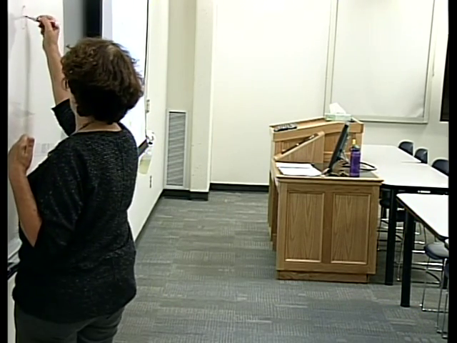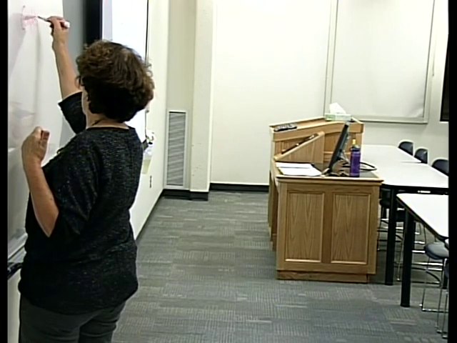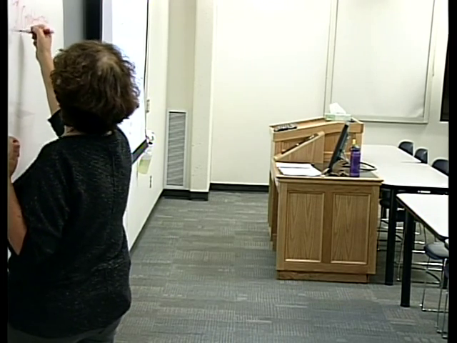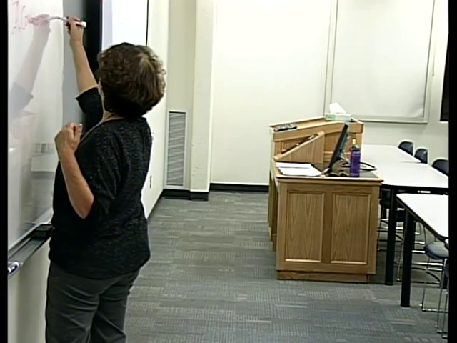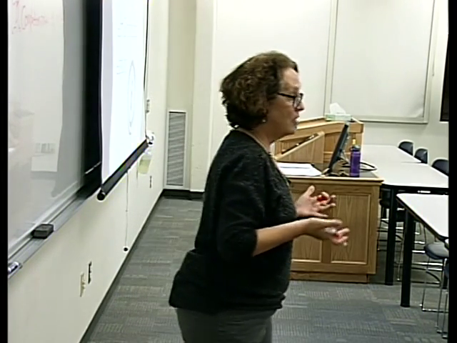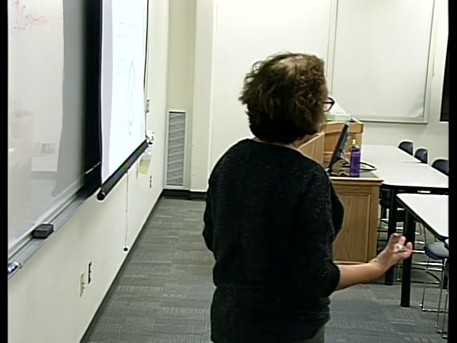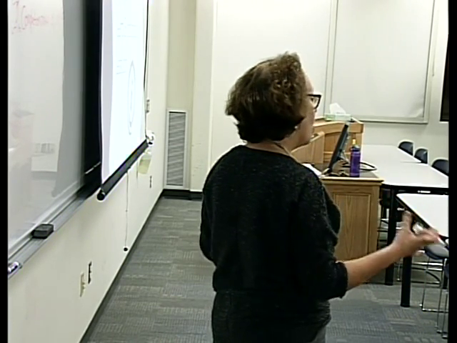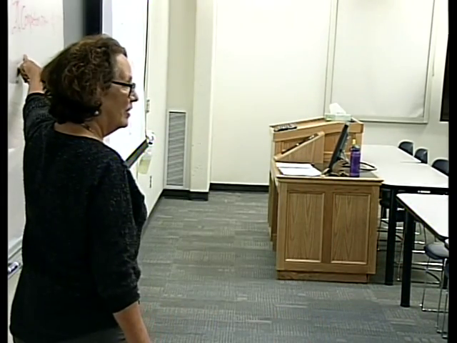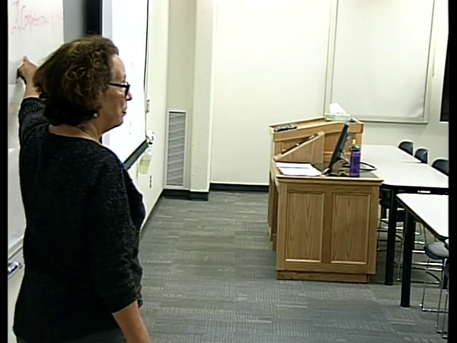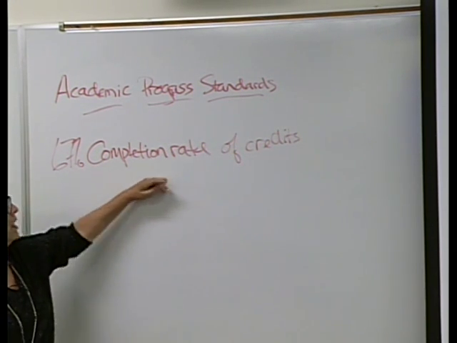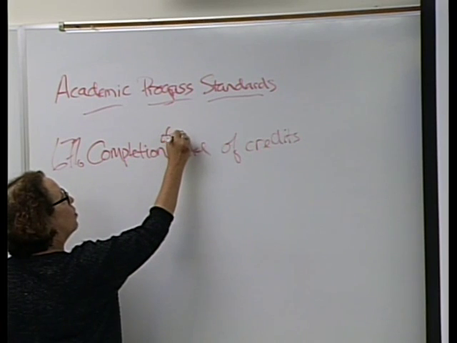Completion rate. And what's it a completion rate of? Completion of what? 67% of your credits. 67% completion rate of credits, and sometimes it's confused with classes. It's not classes, that's different than credits, because if you had 4 classes, you'd need to pass 3 of them. But credits, it's based on if you're in 12 or 14 or 9 or however many credits you're enrolled in when. This is an important one. But it's 67% completion of credits that you're enrolled in when? Each term.